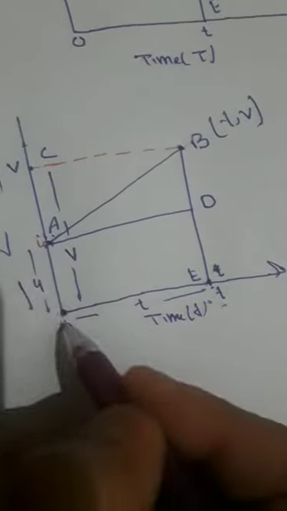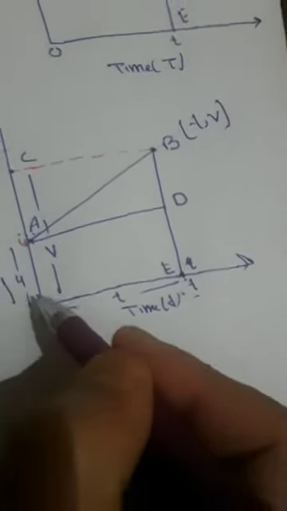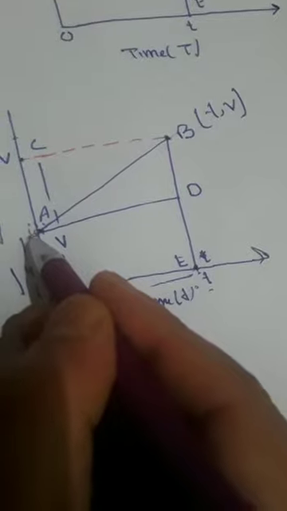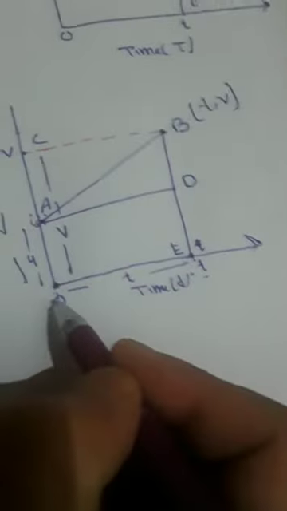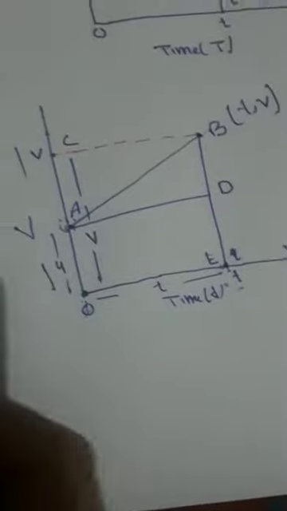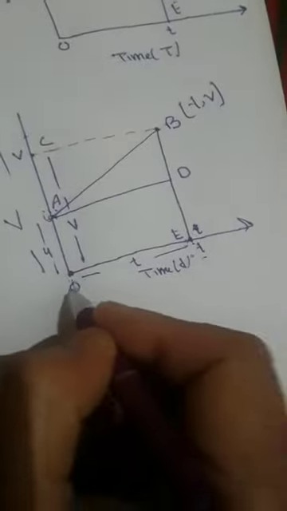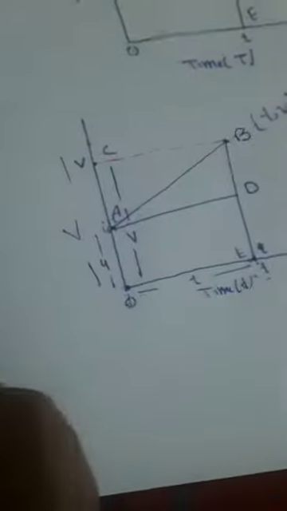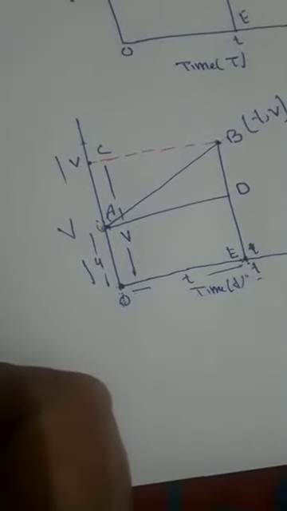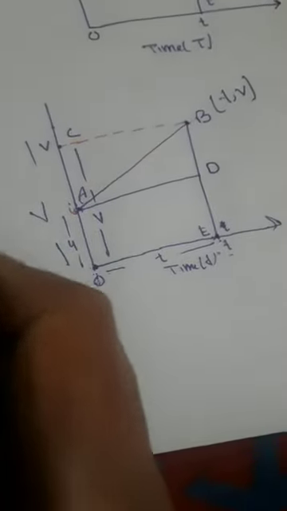If you see towards the figure, OA is the initial velocity. Every coordinate, whether it is velocity coordinate or time coordinate, is measured from the reference point, from the origin. OA is equal to ED is equal to U, OC distance is EB is equal to V, and OE is equal to AD. What is this equal to? Time. You should remember this.